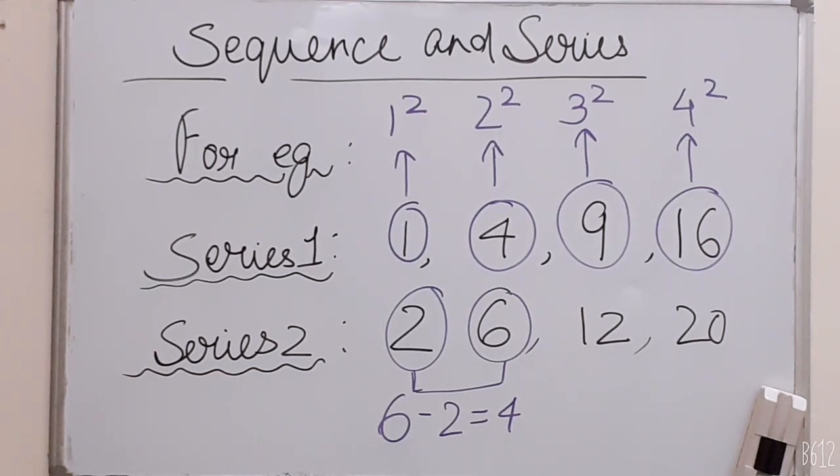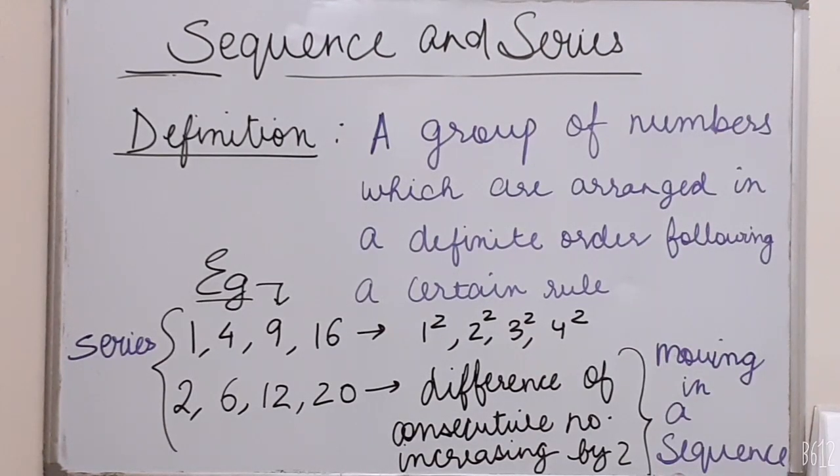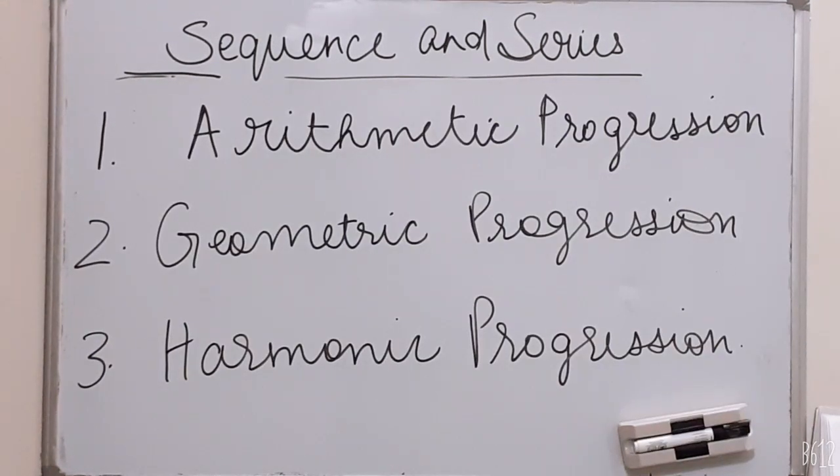If not, then take a look at this short note I have made for you of whatever I taught you till now. So let's move ahead now. As you can see, there are three types of sequence and series. First one is arithmetic progression, second one is geometric progression, and third one is harmonic progression. Harmonic progression will only be asked in the competitive exams. So let's start with this first subtopic, arithmetic progression, also known as AP.